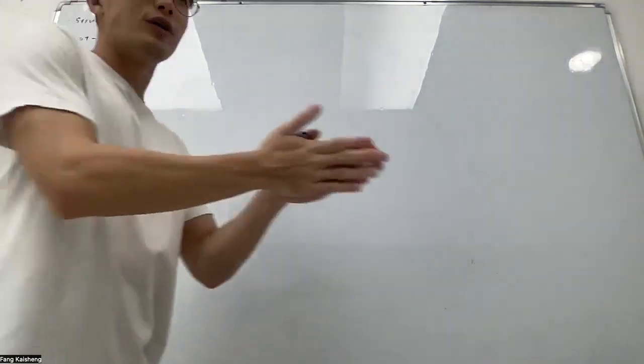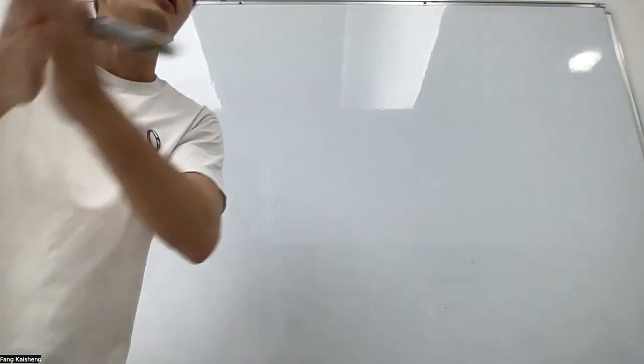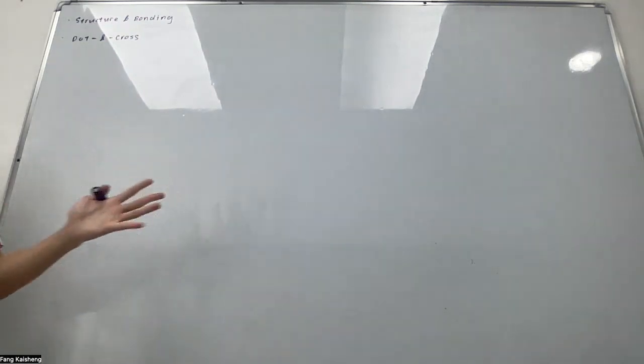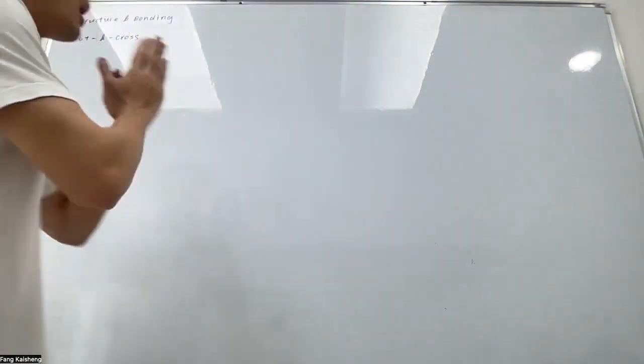You might ask yourself, dot and cross is quite easy. Based on secondary school, I personally feel that most people can deal with dot and cross rather easily. But in JC, there's a lot of different types of dot and cross diagrams. We're going to look at a lot of scenarios today, and I'll make us practice a lot of different questions